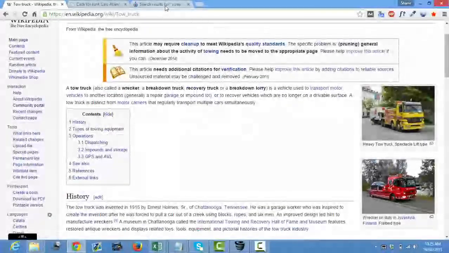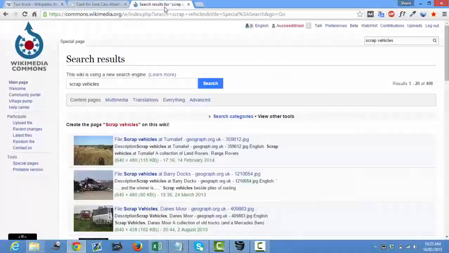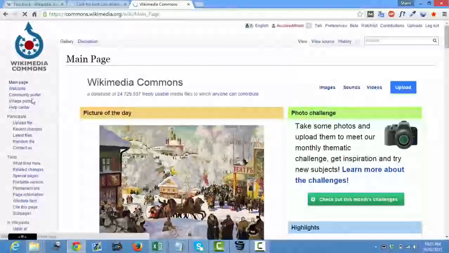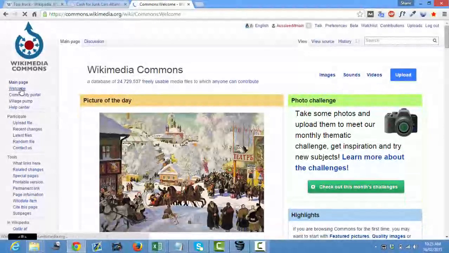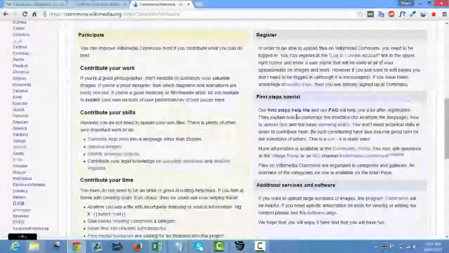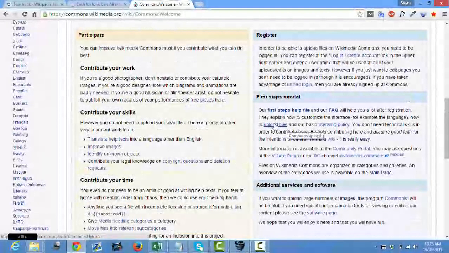So to do that sort of link, what you do is you first find a page. It could be any page basically, because this link looks so innocent, so natural, that you don't need to worry about the history of the page that you're going to be dropping it on. So the way I did that was you go to Wikimedia Commons and you go to the welcome page and you go to here, which is First Steps Tutorial, and you go to Upload Files,